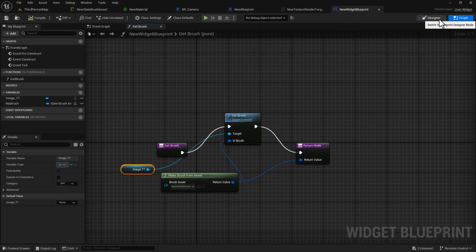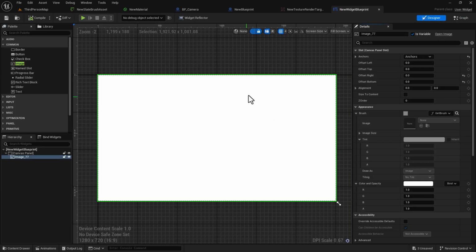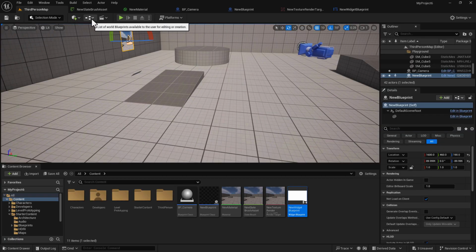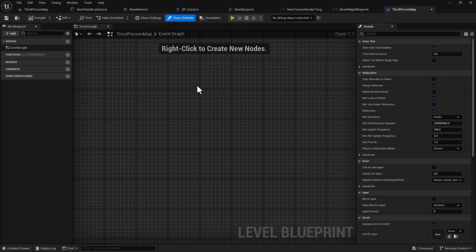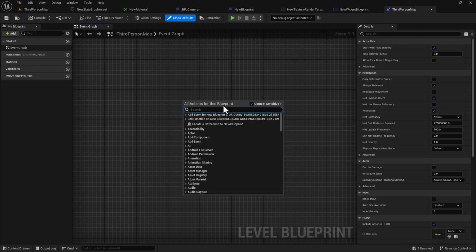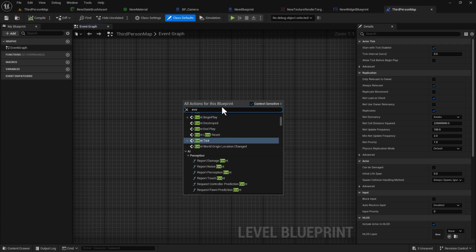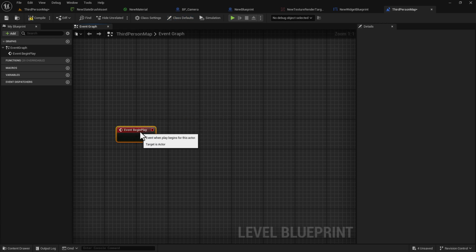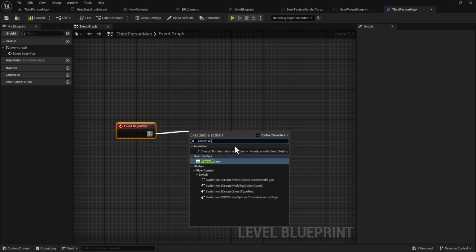Oh, you know what it is, I bet? We can't see it in here on the... That's what it is. We can't see it in real time. We have to create the widget. I bet that's what it is. So let's come into Open Level Blueprint and go on Event Begin. Event Begin. I bet that's what it is, because I didn't put it to a construction script. So I'll go Create Widget